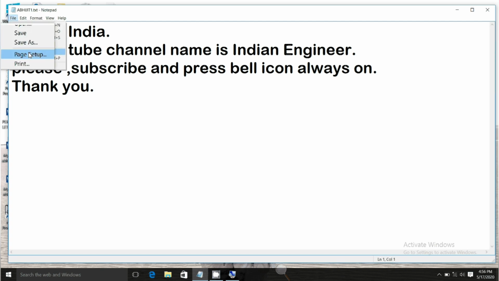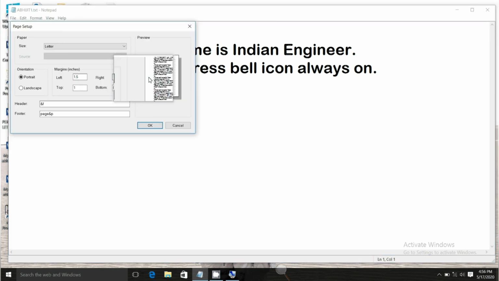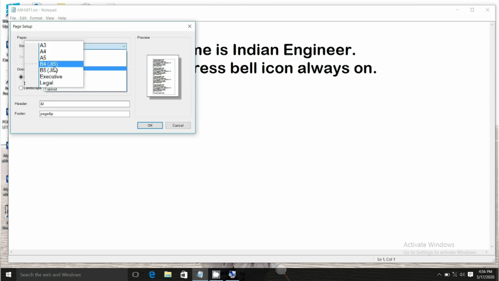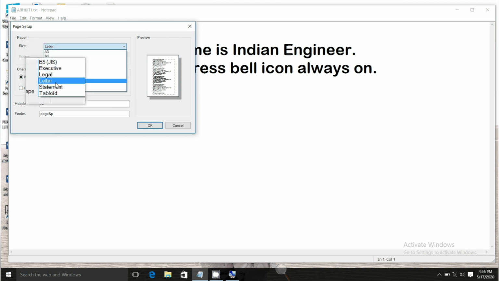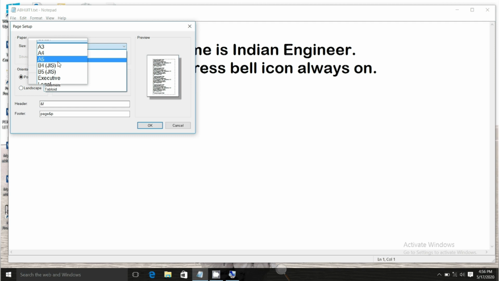Next option is page setup. In page setup, this is the paper size and this is the print preview. You can see the sizes of paper: A3, A4, A5, B4, B5, executive, legal, letter, statement, tabloid format. These are the standard sizes for standard paper.